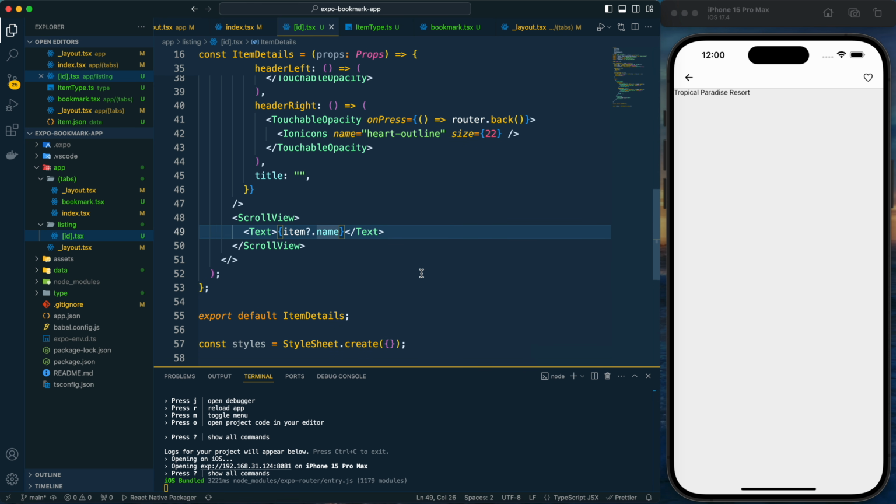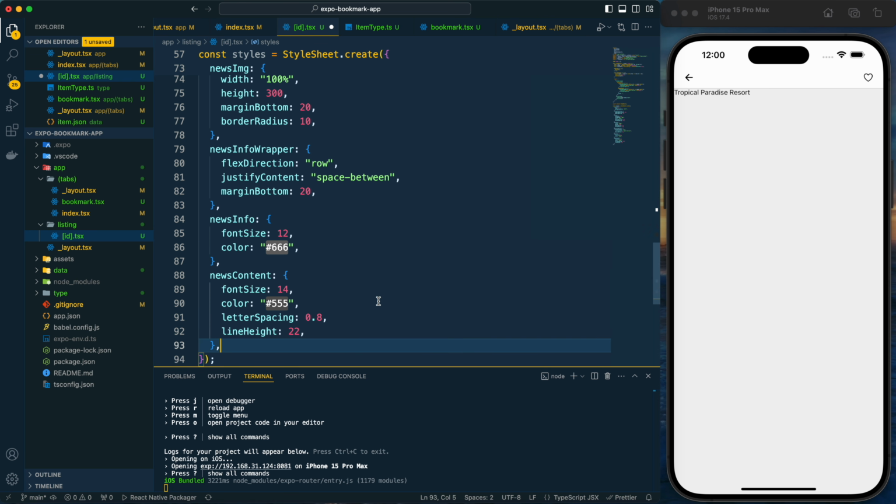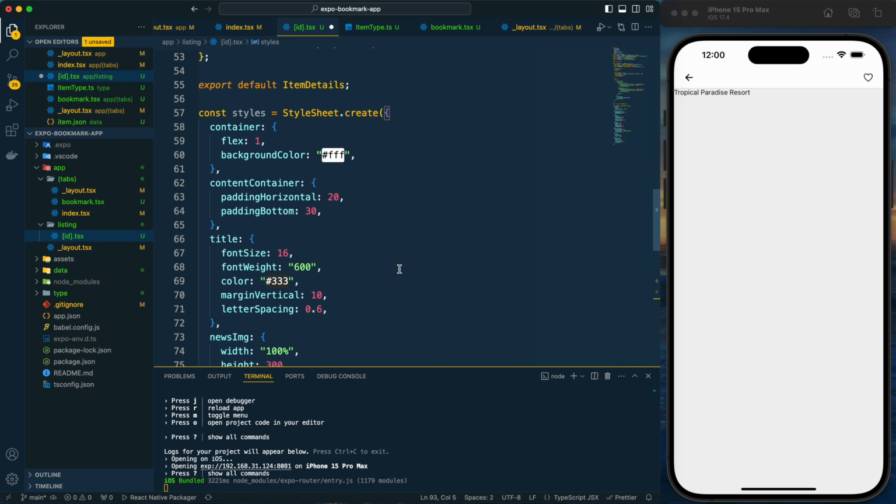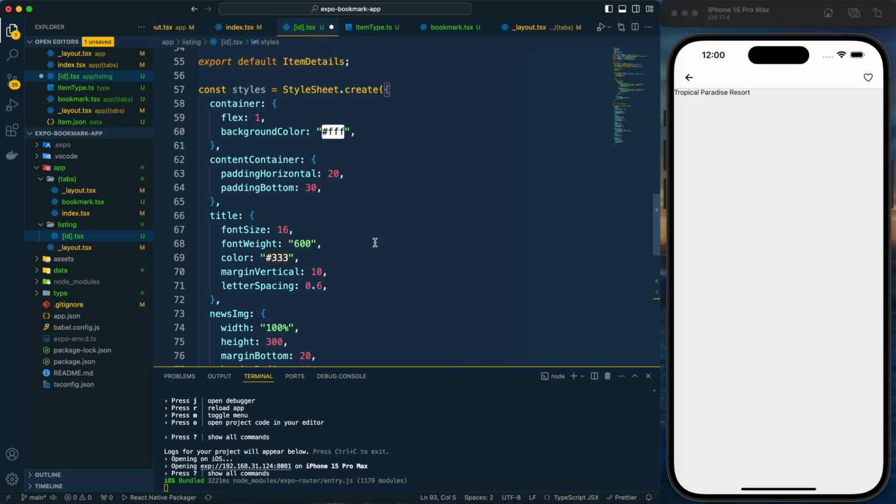Now I'm just going to paste some styles. So here I have pasted it. You can take note of these things. Okay, I have already created this similar kind of thing in one of my previous tutorials, so that's what I am reusing here. It is not the main focus of the UI. Here we are going to focus on the bookmark feature, which I am going to implement just in a moment.